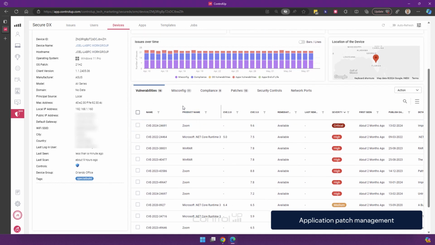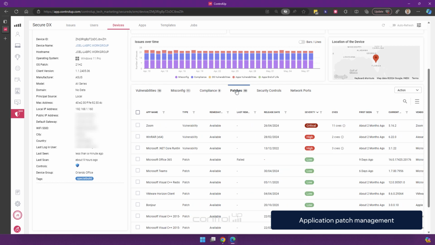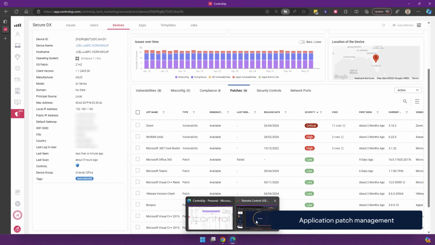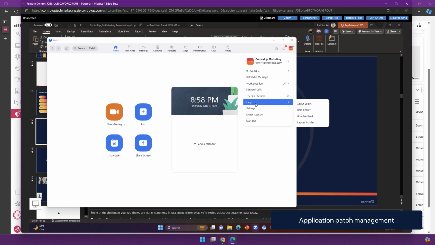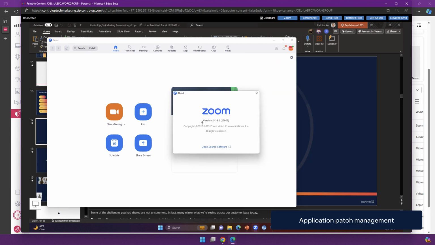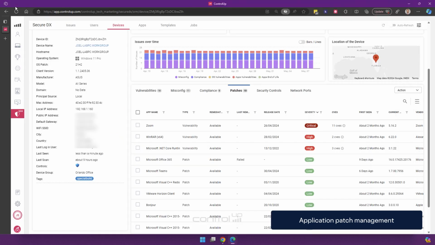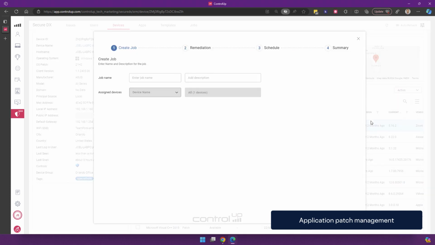In this case, there are actually various versions of older applications that require an update, including, for example, Zoom, that is very outdated. Let me just see if that is correct. And this version, well, you can see it's copyright 2023, so it's fairly old. So what we're going to do is select this application, remediate it,